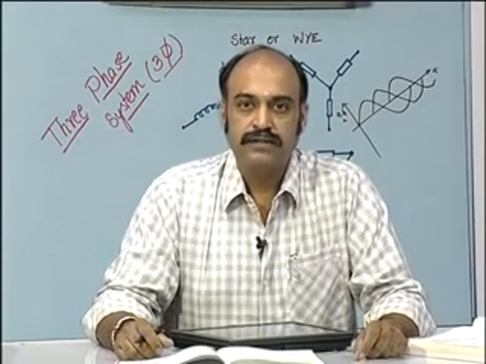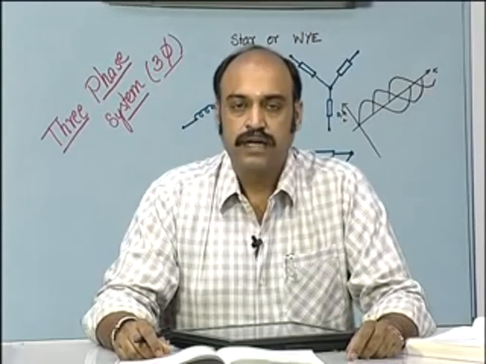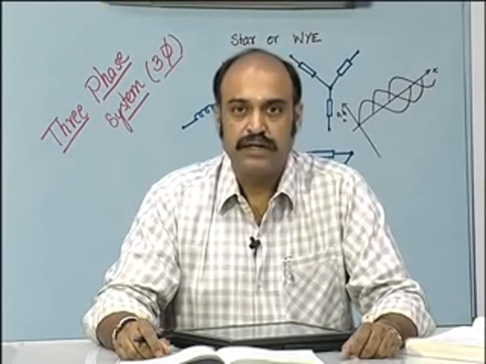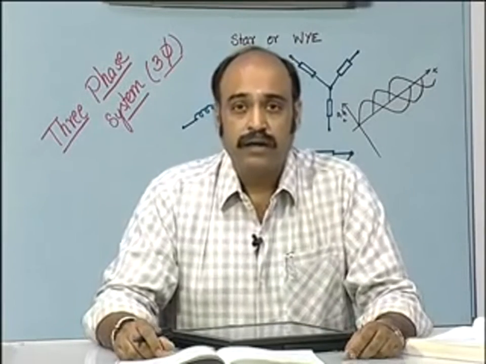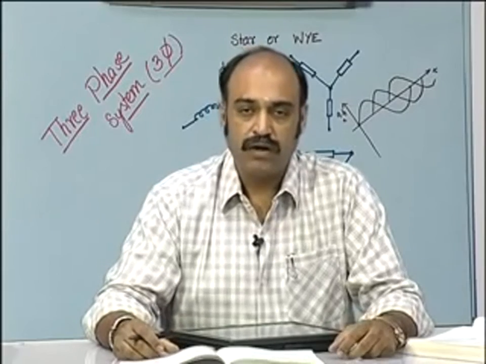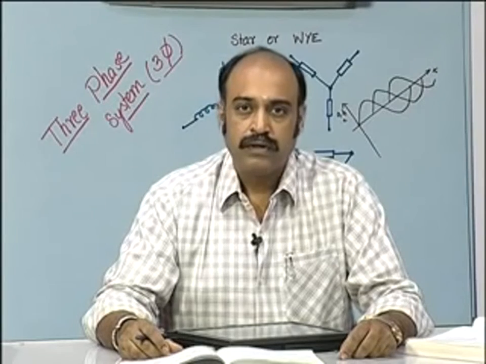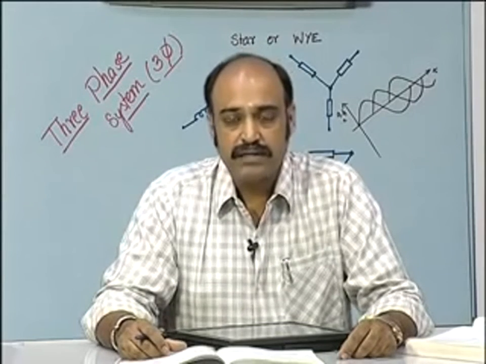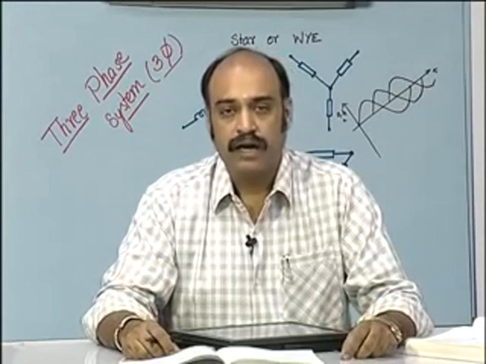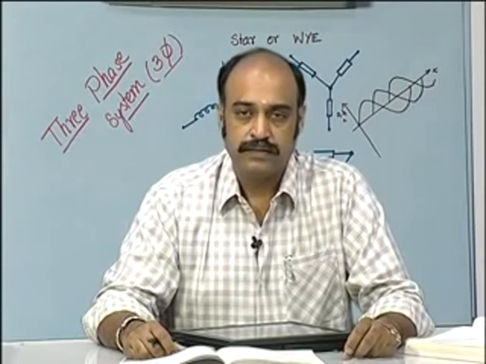So, in the last class we have been discussing the star and the delta circuits. We continue our discussion with these three phase circuits, now with special emphasis on unbalanced loads. Till now we have been seeing that all the loads were of equal magnitude, but we should also know what happens if the loads in each phase are different, which is what would happen in most practical cases.